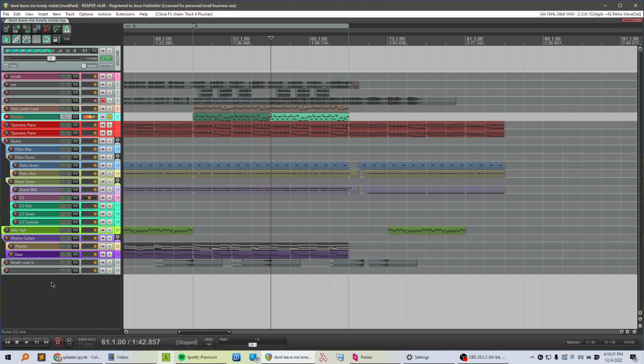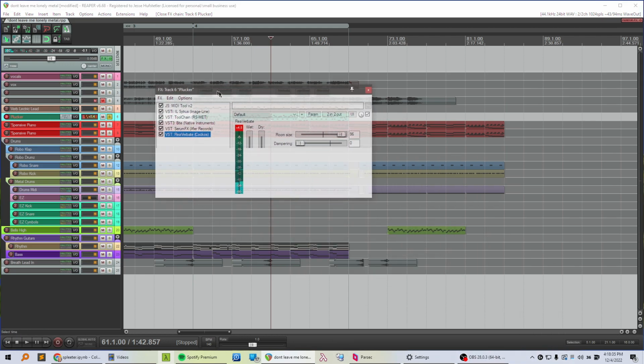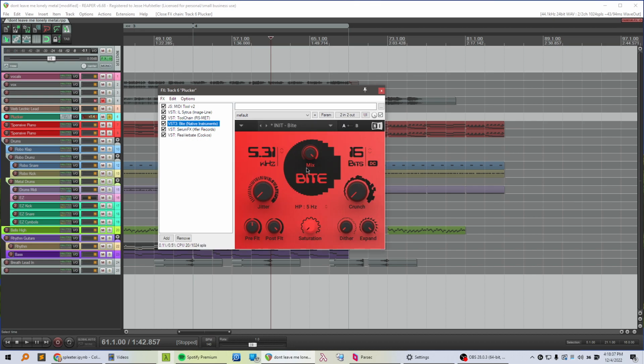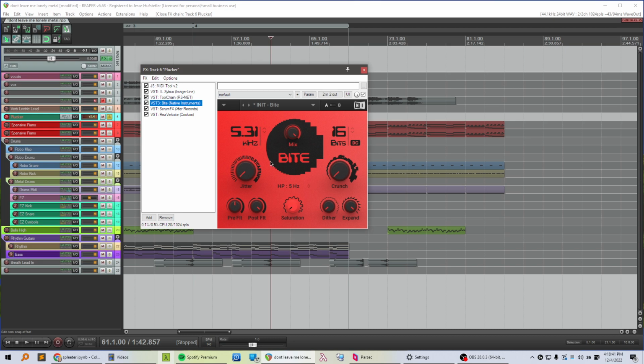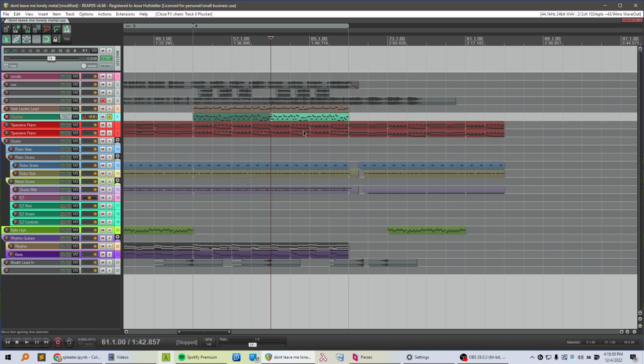I don't know why my spacebar won't stop it from playing. That's one thing about that. I don't know if I'm correct in blaming this plugin, but it seems like when I load this plugin, it kind of makes my whole DAW glitchy. But I could be blaming that on the wrong thing. I don't know. But I can start it playing with my spacebar usually. Oh, and then I can stop it playing with my spacebar. Okay, I don't know what's going on. Anyways, I like that little guy.